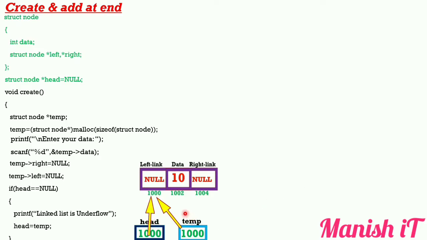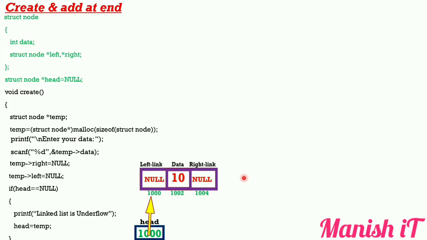See, all these things, our node is created, but I want to add at the end. Because for this node, the end position is what? This. So I want to add another node here. How do we write our logic? So see,